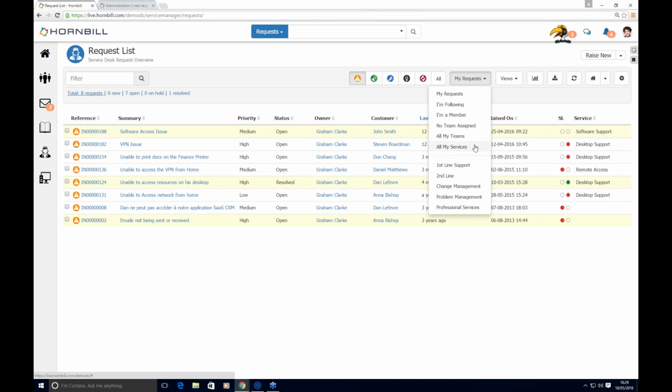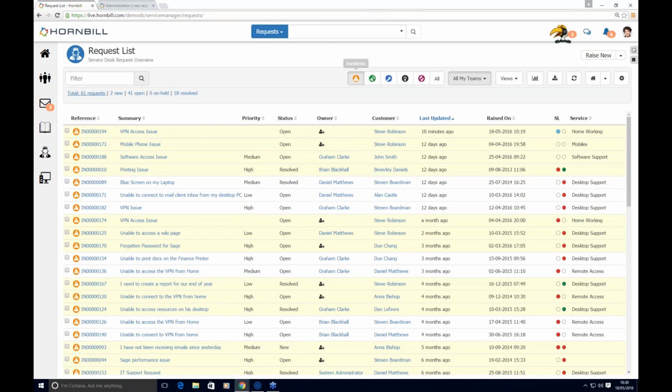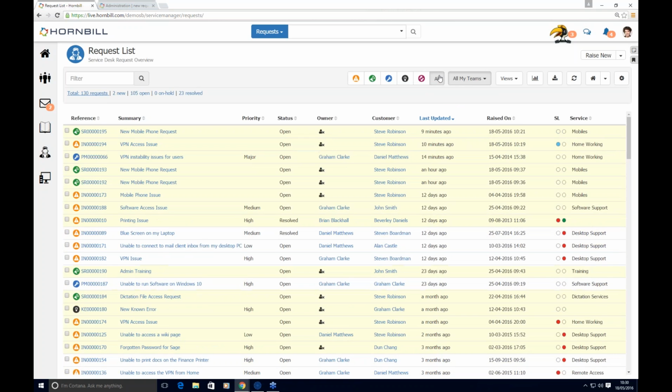We do ship with a number of default options that allow me to look at those request types by individual teams that I belong to, or all of my teams, and the list will refresh accordingly. So I could set this to look at all of my ticket types for all of my teams and set that as my home view, and that would be my preferred view. Within the context of these default views, I can also come in and use the quick filter on the